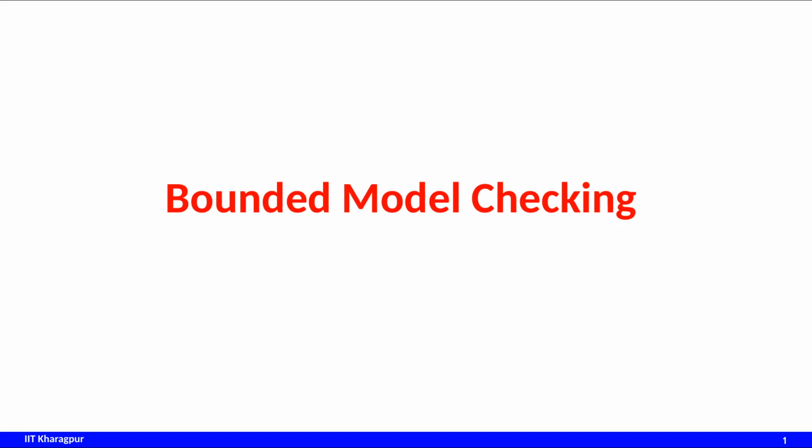Welcome back. So today we will look into bounded model checking. Earlier we have seen model checking, where we have seen temporal logic, temporal operators, and then computation tree logic, and we have seen how we can evaluate some property on a Kripke structure. But when we talk about bounded model checking, we evaluate the properties on the Kripke structure using